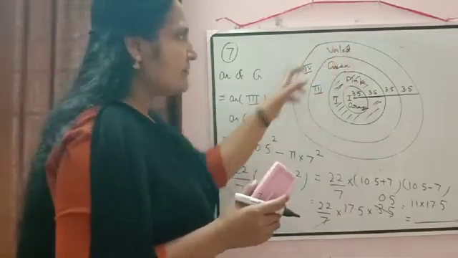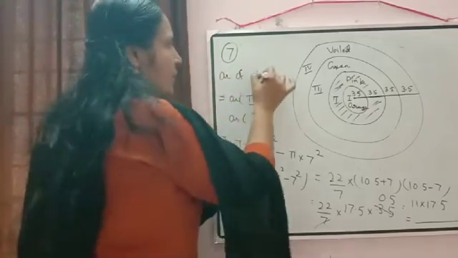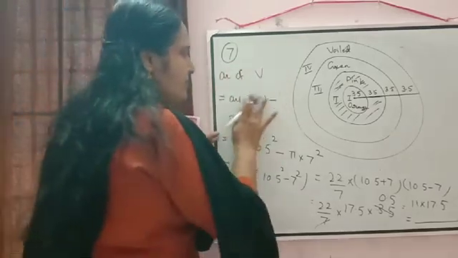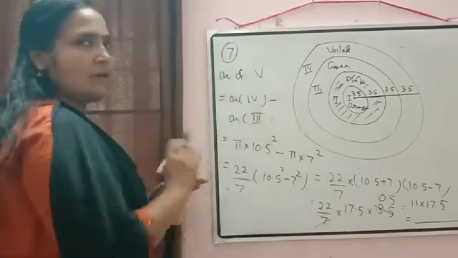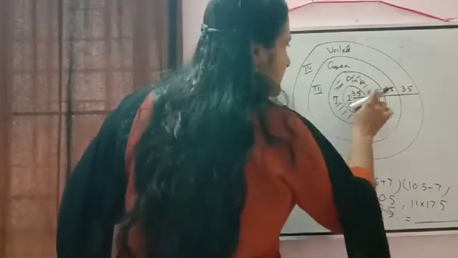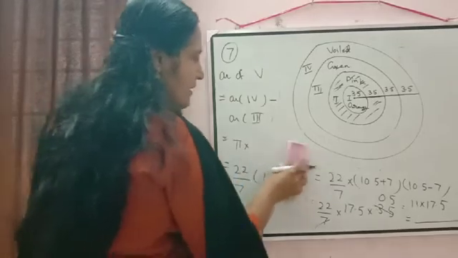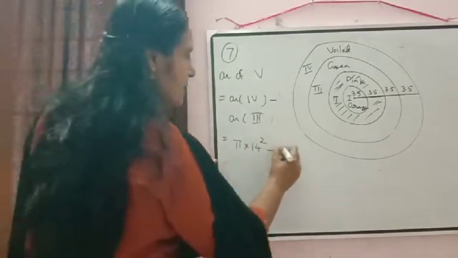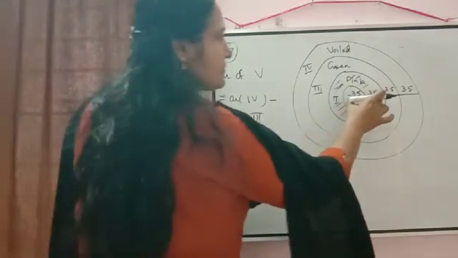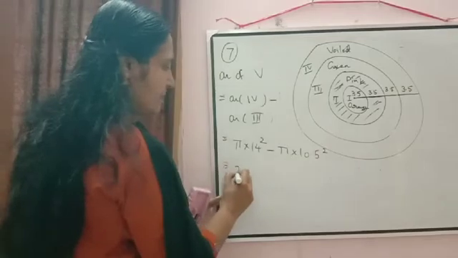Now one more region is left, that is the violet one there. So write down there, area of violet region is equal to what will come? Area of fourth region minus area of third one. So for the fourth one what will be? 7 plus 7, 14. So for area of the fourth region the radius will be equal to 14. So we will get here pi into 14 square minus, till third region it is equal to 7 plus 3.5, 10.5 square.